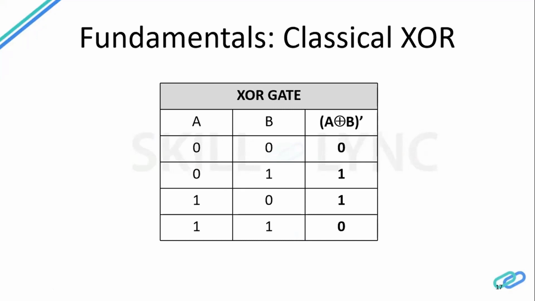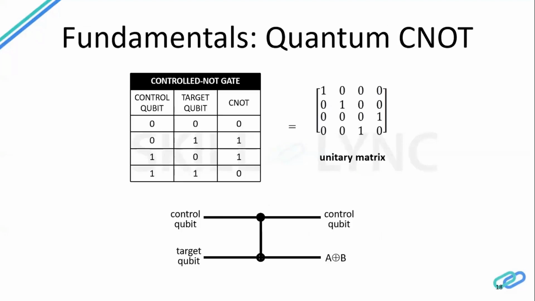We have a similar quantum gate called CNOT gate, which looks like this. This control qubit and target qubit are inputs A and B. Okay, the control qubit is capable of controlling the target qubit, and I'll give the condition. When the control qubit is 0, don't disturb the target qubit. See, when the control qubit is 0, the target qubit will not be disturbed. You will get the 0 as it is.